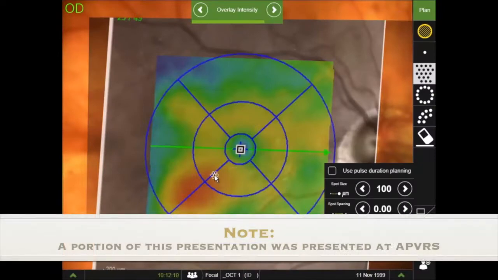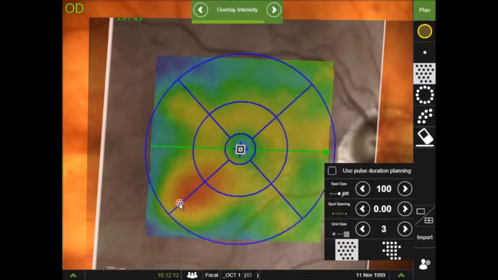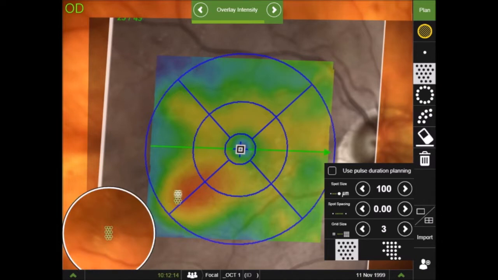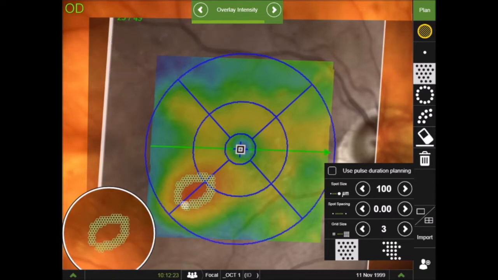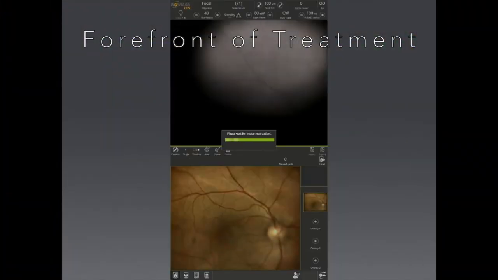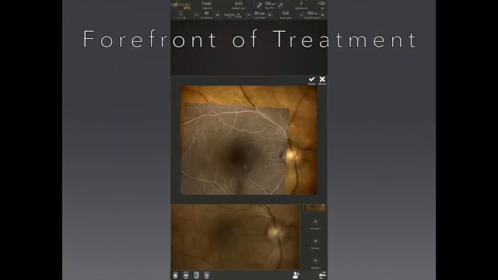Hello everyone, this is a video on subthreshold laser treatment for retinal pathologies, and we're going to be talking about the mechanisms and advancements behind this technology. Subthreshold laser therapy has regained interest in recent times with advancing technology and newer delivery systems. Recent clinical trials and inclination towards retinal restoration therapy is bringing subthreshold laser therapy to the forefront of treatment options